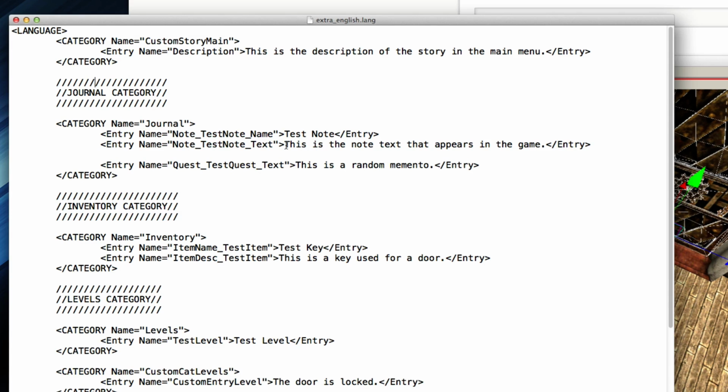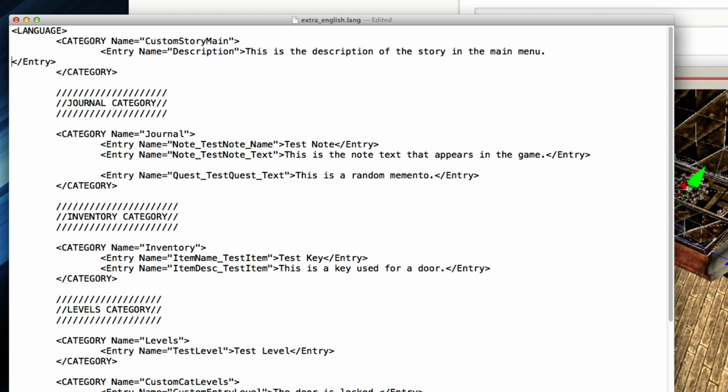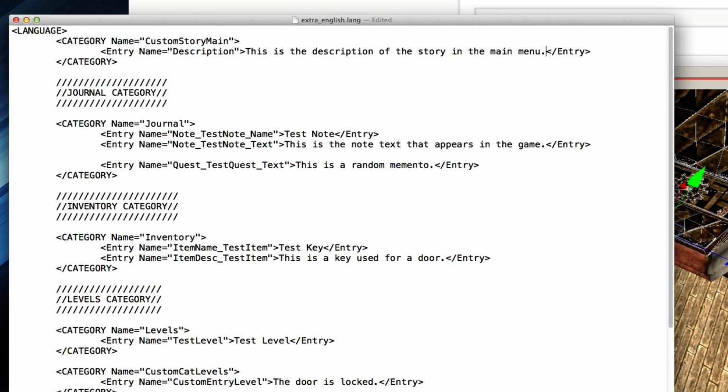There was one thing that I just wanted to show you, just a little quick tip for the notes and mementos and description actually. Let's do it in the description. If you want to do a break, you want to do enter, for example, like you want to put some space between your lines, you cannot do that here. Putting a space doesn't do anything, unless you put it in the middle of a variable, then it's going to split it up and it's going to error, but spaces normally don't do anything. It's not space dependent in here.